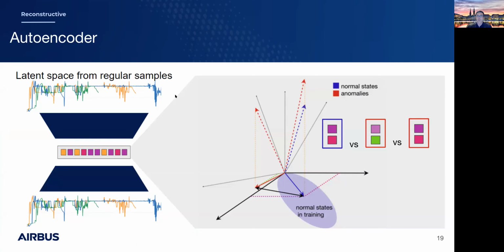So let's look at how it works. Autoencoders. You can have multiple time series. You put time series in and you get a time series out of it. You put, say, minute 1 to minute 2 of your time series and you get the same minute 1 to minute 2 back. Usually the layer in between is smaller than the input layer. And so what is happening here is when you train it only on nominal data, in the training, it tries to reconstruct exactly what was put inside. You put, I don't know, a sine inside, you want to have a sine curve coming out of it,